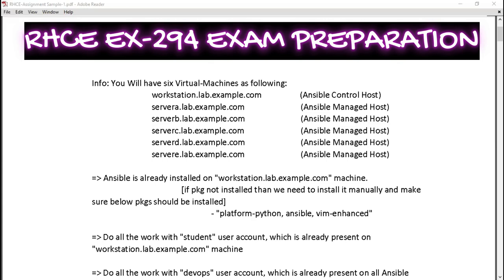online. Only the thing is, if you go with your center, you will get the double attempt and the labs for 45 days, I think. And if you book on your own online, possibly you will get a single attempt, but that you can coordinate with your center. So once you book your exam, after that you need to schedule the exam as well.